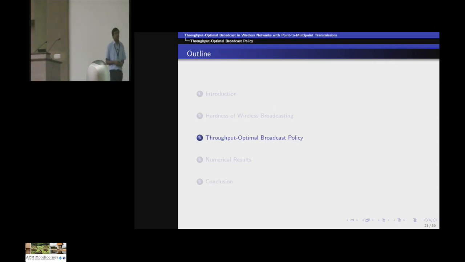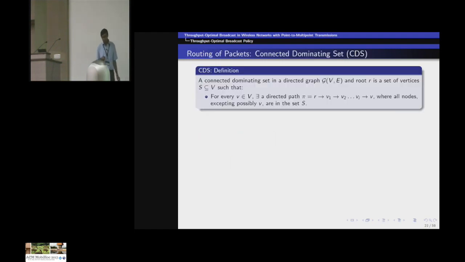Okay, but this is again an auxiliary result. So let's go on to the main result of our paper, that is a throughput-optimal broadcast policy. But before I describe that, let's give the graph-theoretical definition of a connected dominating set. You may be aware of what a connected dominating set is, but I am giving the definition for completeness. So a connected dominating set, for a directed graph G(V, E) and its root R, is a set of vertices that satisfies the following property.